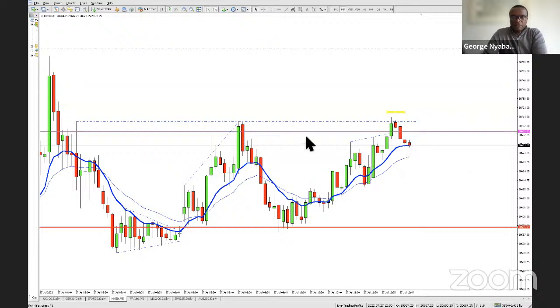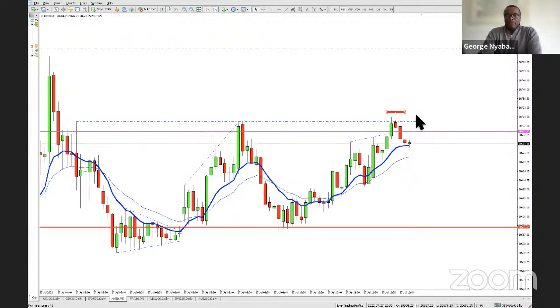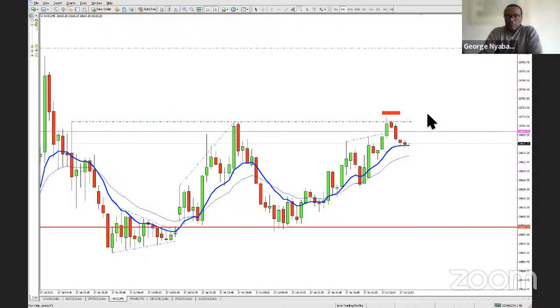Change the color of that. So you can put your stop here, okay, because this level has been tested 3 times, been tested by the wedge. It's a pretty strong level, so you don't want to be in the market if it goes above there. If you want to be conservative, which you can, that's still fine. Measured move of this pattern, okay, because we're expecting a lower high, you can put your stop up.